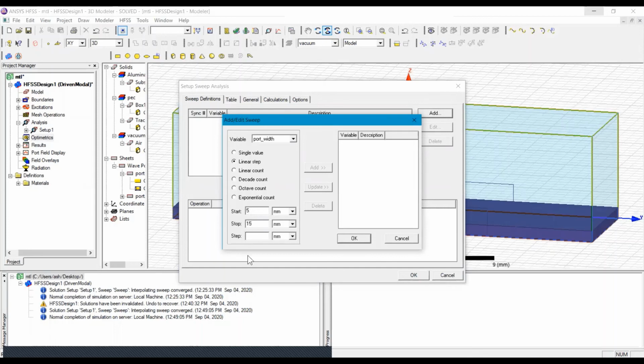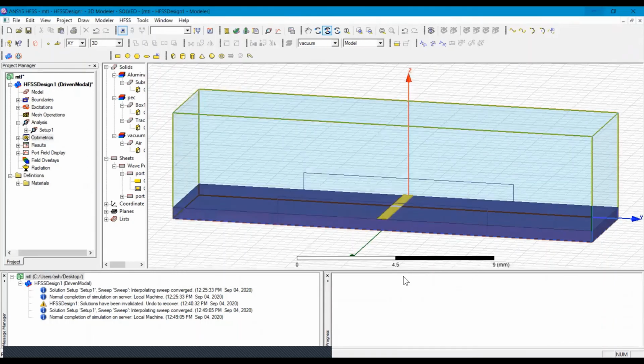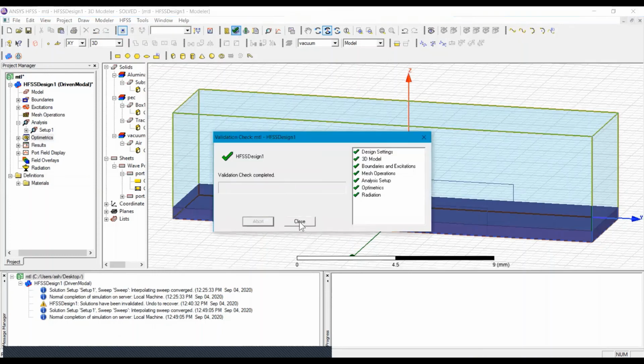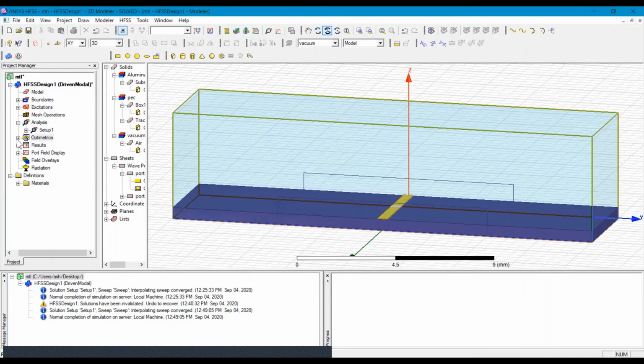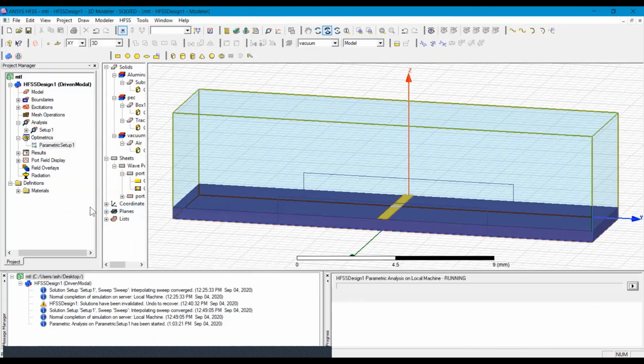We will get all these results, and the steps are of 0.1. We will add this, then OK, then OK, and now we will again validate our design, and then in the optimetric setup, we will do the analyze.